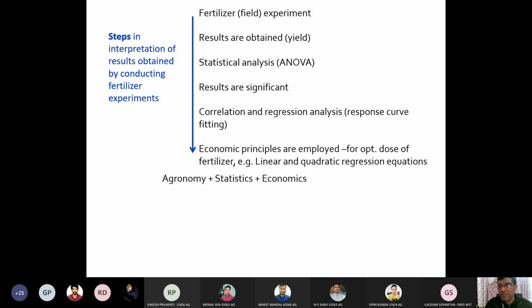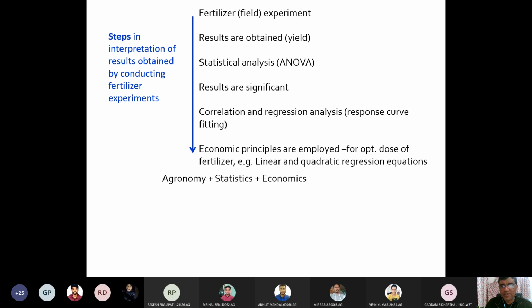Suppose we have used different levels of nitrogen, 0, 30, 60, 90, 120, 150, and against each level, you will get the yield, you will get the growth or yield. Whatever dependent variable you want, you can keep it. Then you will see the significance of the result, whether the difference in yield is genuinely due to fertilizer application. Then you go for ANOVA, analysis of variance, and if your results are significant, means your F test is significant,